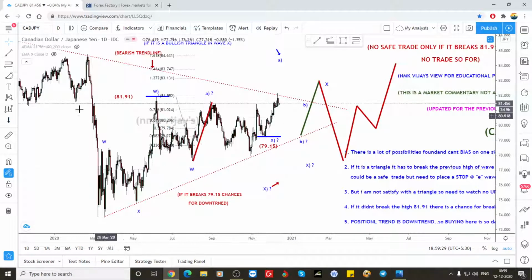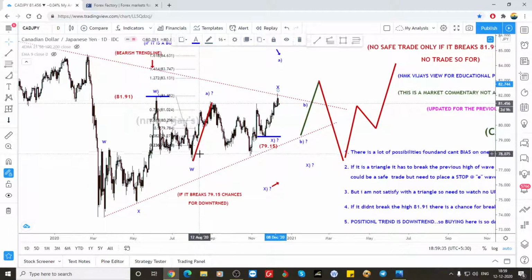Otherwise, if it is a W and the X is here, because this ABC is a W, this could be another A, because I took this as a five-wave structure. So whether it could be a three-wave structure again, if this is the end of the X wave, A, B, C, one more drop to this zone is also possible. So anyway, there is no